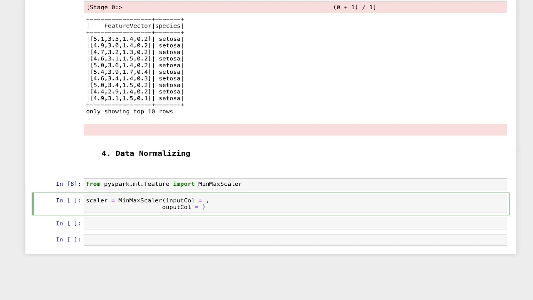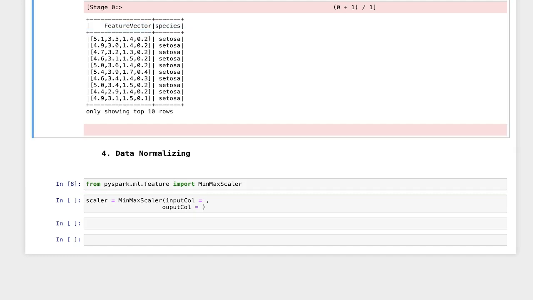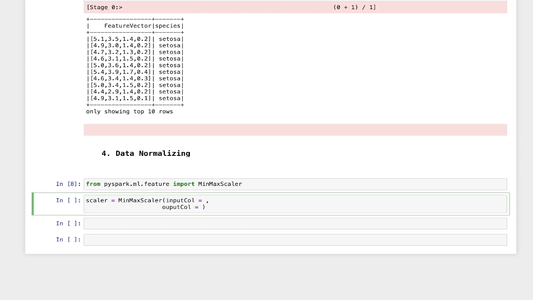Fine. So here we are passing the feature vector column of our vectorized data set as input. So here I will just say feature vector. This is our column name. You can pass whatever your feature vector column name is. And the output column name is your new column name. That is, after normalization, this feature vector column will get converted to a normalized vector.